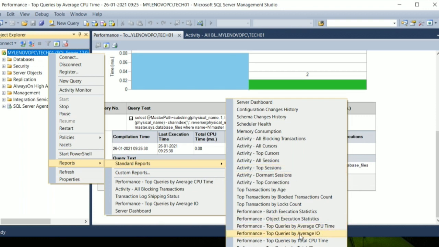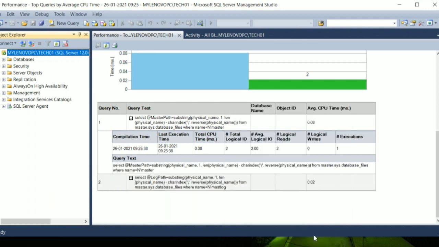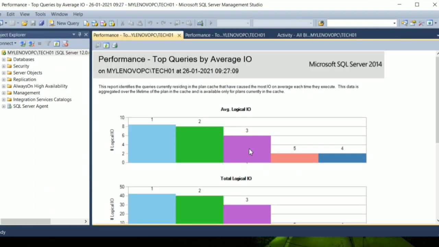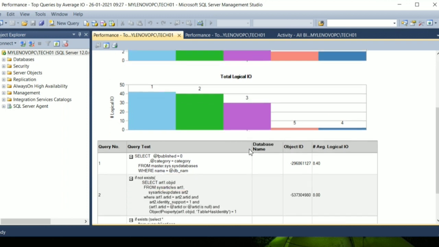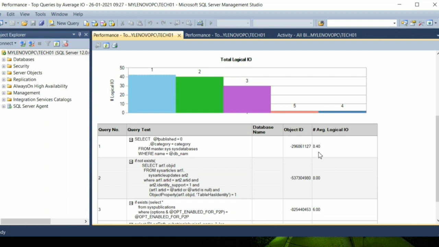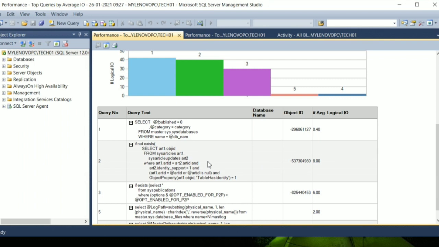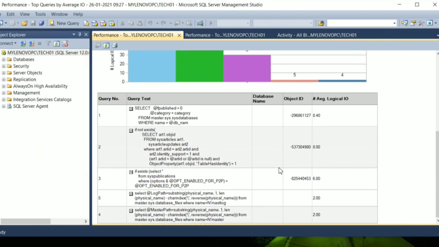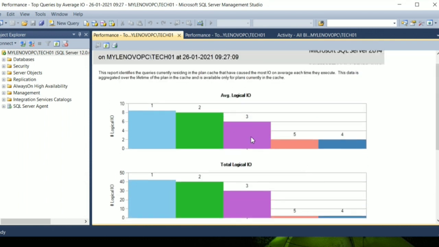The top queries by average IO is also helpful. It will give you the IO details query-wise, what queries are causing the average logical IO. Based on this you can do the analysis. You can see here the column average logical IO. So what queries are consuming the high IO, you can get from this report.